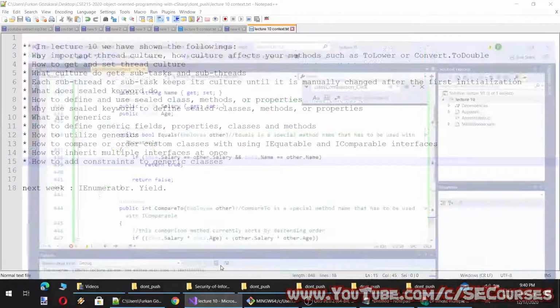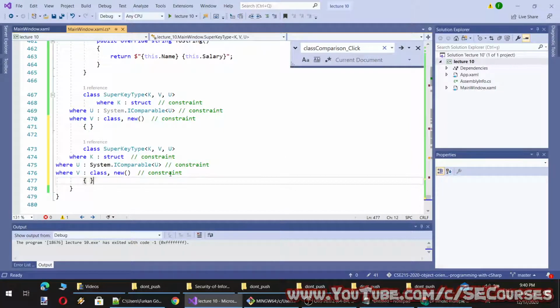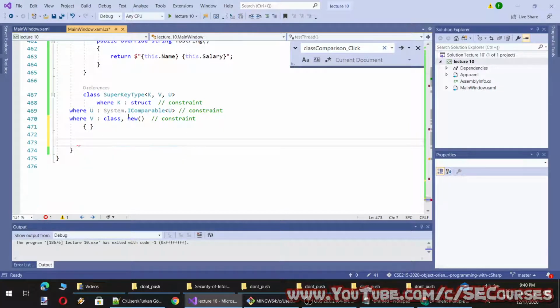By the way, these constraints can be used anywhere. We can use this in method definitions as well. Let's try it.